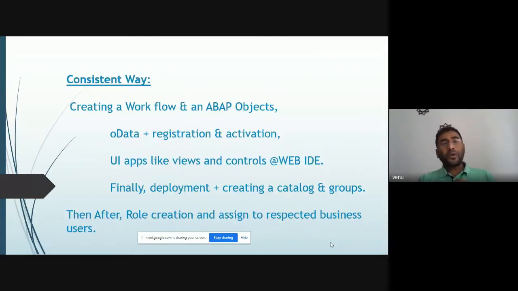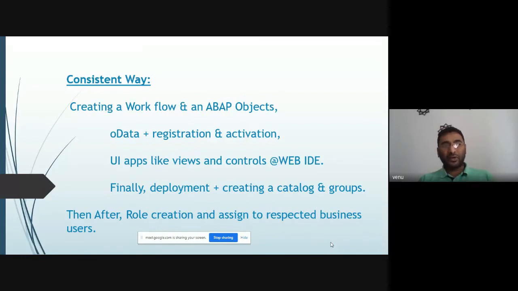Now, in any kind of UI application, what will the end user expect, and what will the end user access? The end user doesn't know anything other than the UI. The business users don't know anything other than the UI applications. They only access the UI platform and the UI application, so they talk only about the UI.